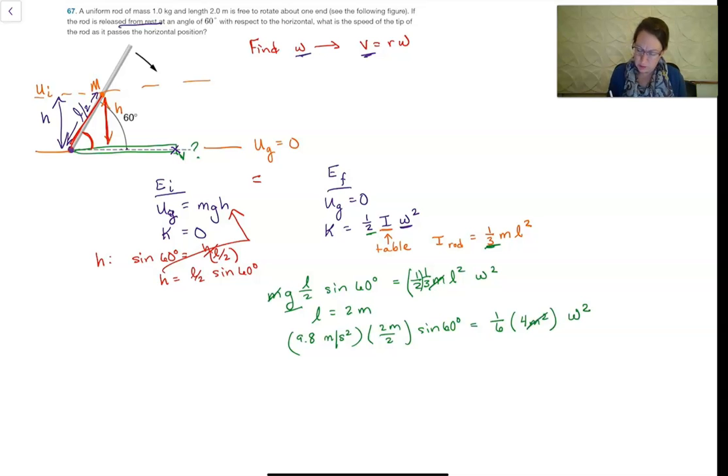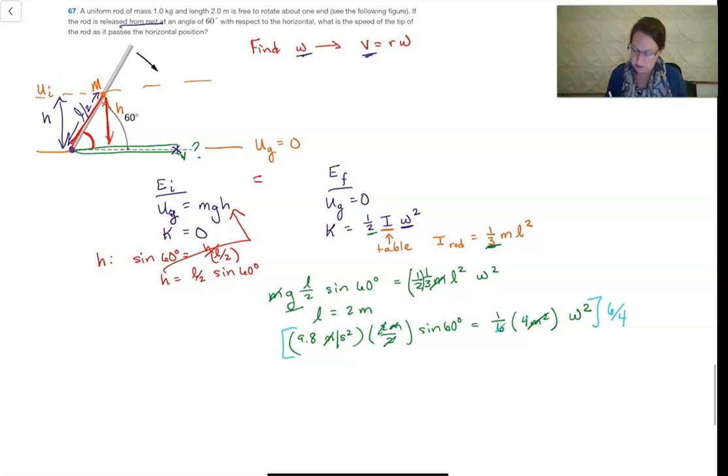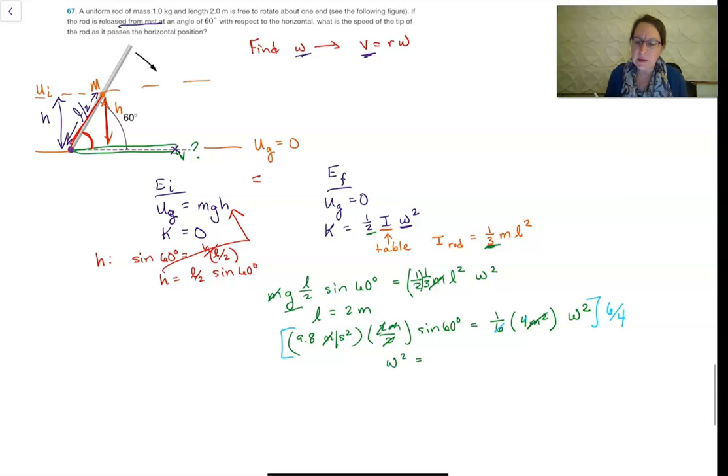Notice the meters squared cancel out, and I'm left with per second squared, which works okay for omega. When I multiply both sides by 6 and divide by 4, I can cancel this out, and then bring them over here. I get omega squared is equal to